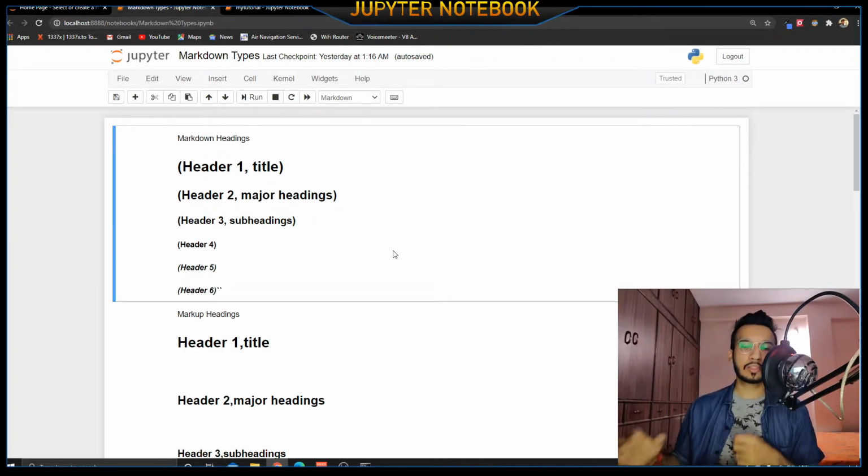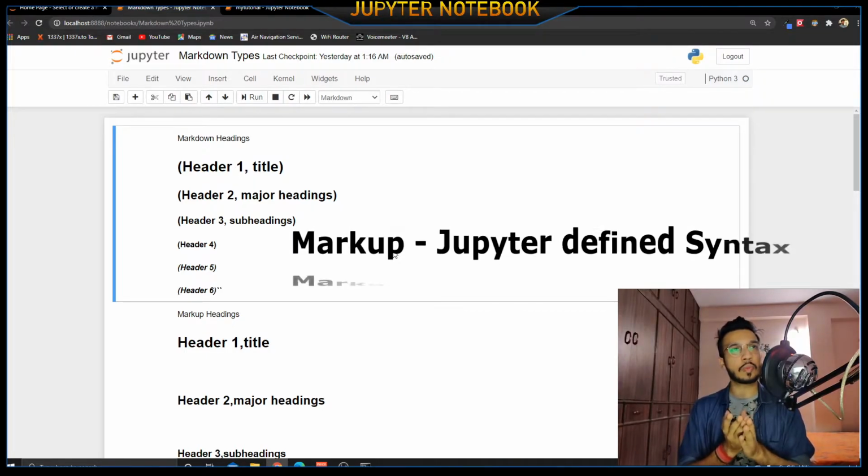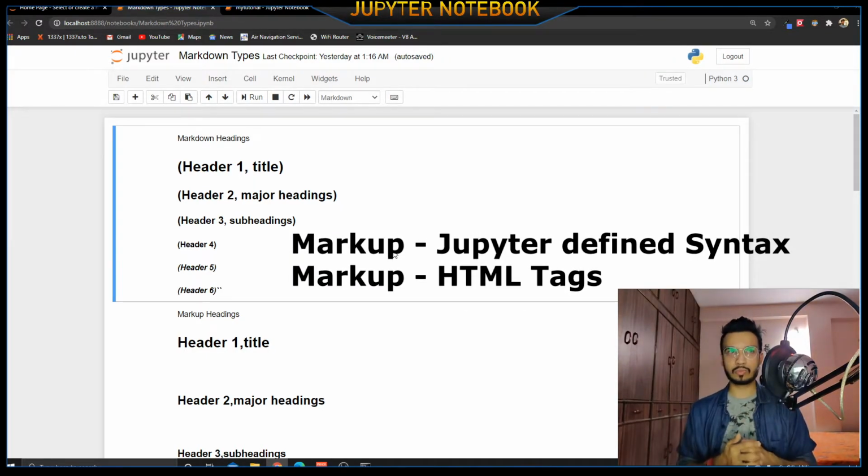So what happens is Jupyter supports markdown as well as markup. Markdowns are the basic symbols that help Jupyter understand that this is a markdown and what that symbol is meant for. Whereas markup is basically HTML, so Jupyter Notebook also accepts an HTML format, and that is called markup. And if you are using a special symbol from the inbuilt Jupyter Notebook to tell it whether it's a heading or a table or whatever it is, then that is your markdown.